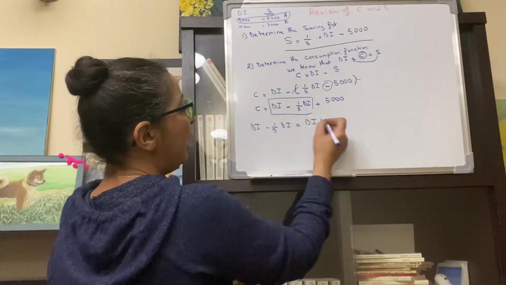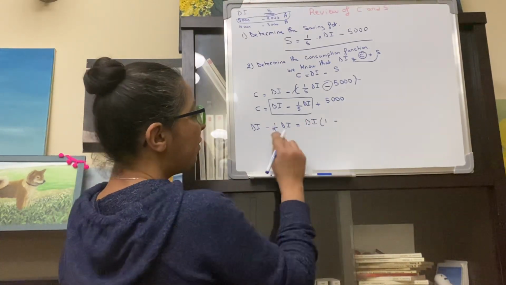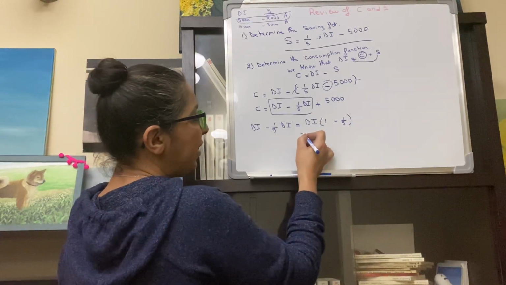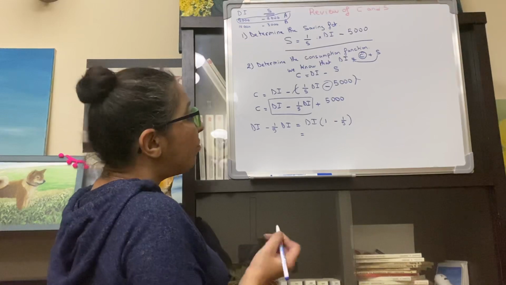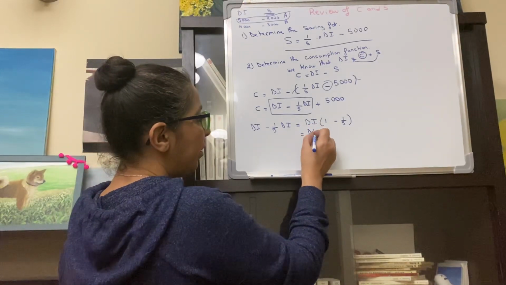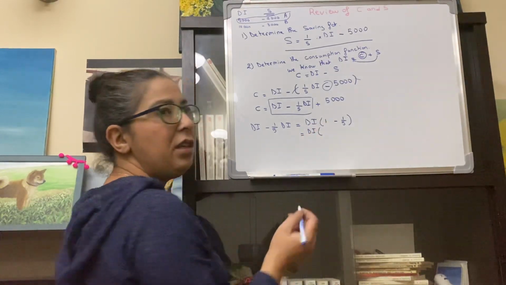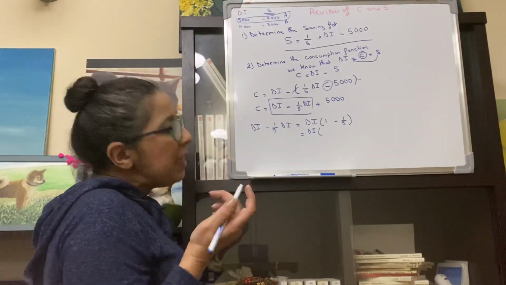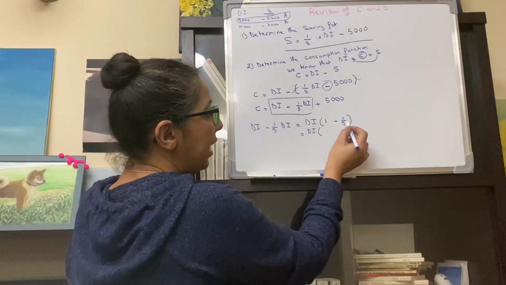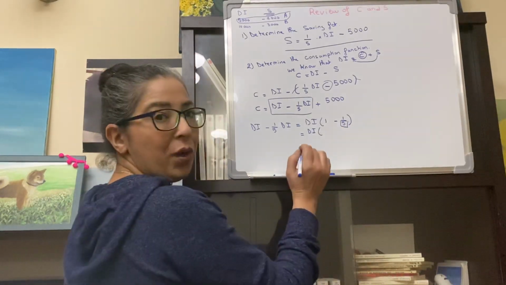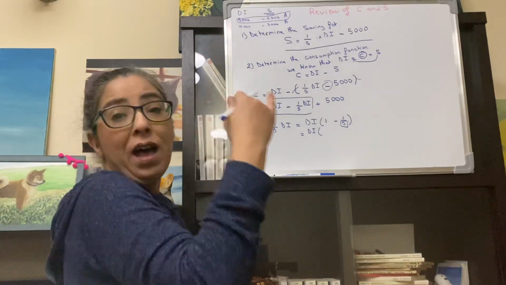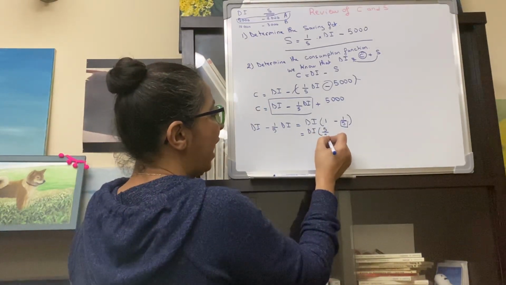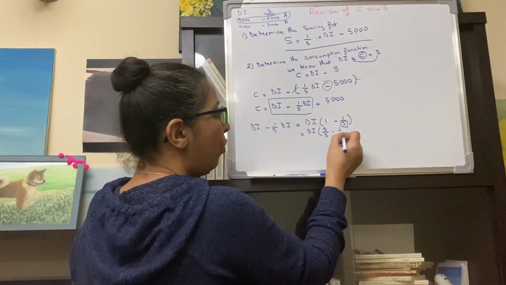So I'm going to put times 1 minus 1 over 5, which is equal to DI times 1. 1 is equal to 1 over 1, 2 over 2, 3 over 3. To make it easier on us, we're going to take 5. So 1 is equal to 5 over 5. So 5 over 5 minus 1 over 5,